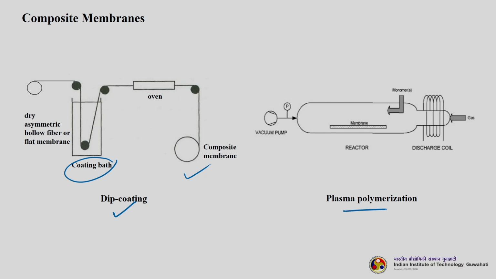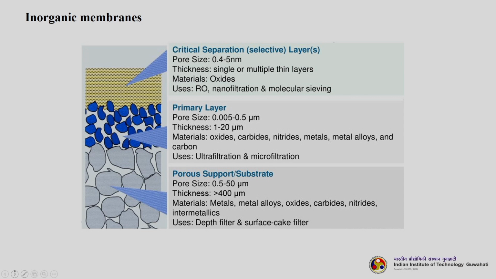Otherwise, you can have plasma polymerization. It is an excellent method. You are generating plasma to do polymerization, basically. The gas is coming, it is getting ionized, plasma is getting generated, then those species get deposited on the surface of the membrane, and it happens in a vacuumized oven. However, the process is very costly. Though we have discussed this, I just wanted to show you this slide to recall again how composite membranes look.